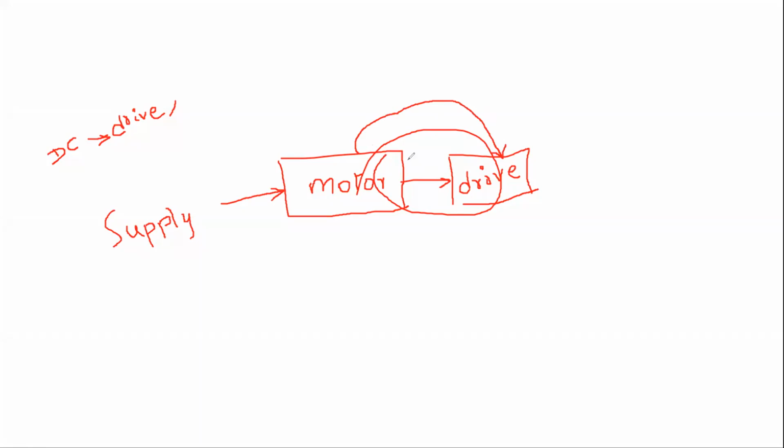Okay ma'am. That means by using this motor, you are going to run this motor, means you are going to control the speed of this drive. Maybe the drive speed is going to be increased or decreased according to the requirement of the situation. You can increase the speed or you can decrease the speed. That is the basic thing we have to do in this subject: just controlling the drive speed.